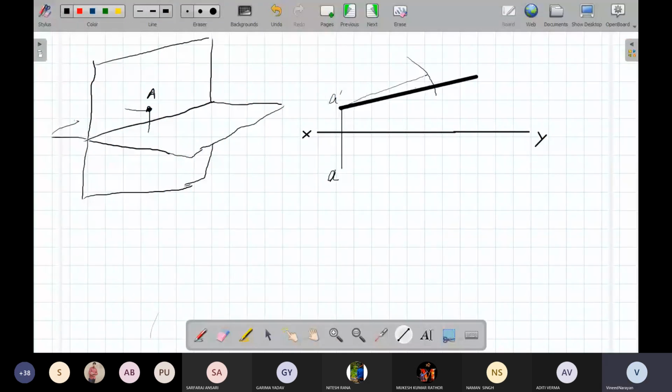Okay. So this is the true line. Some name you can give, A dash or B double dash or B1 dash. Okay, so this is 90 mm. We know this is inclined with the horizontal at 30 degrees.